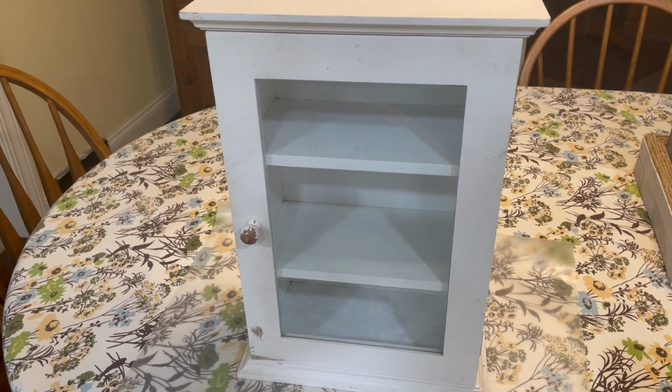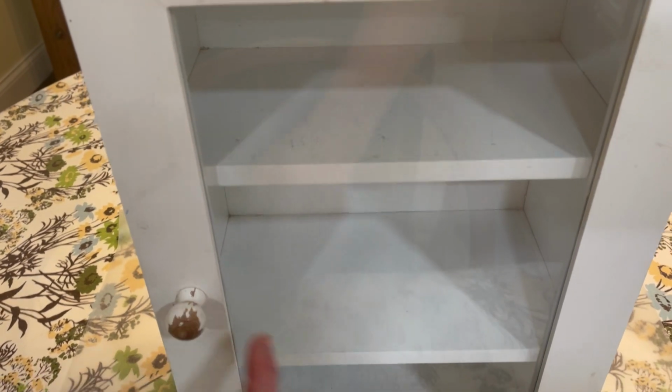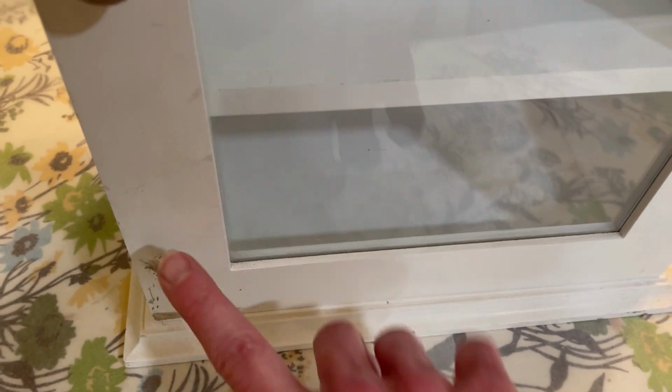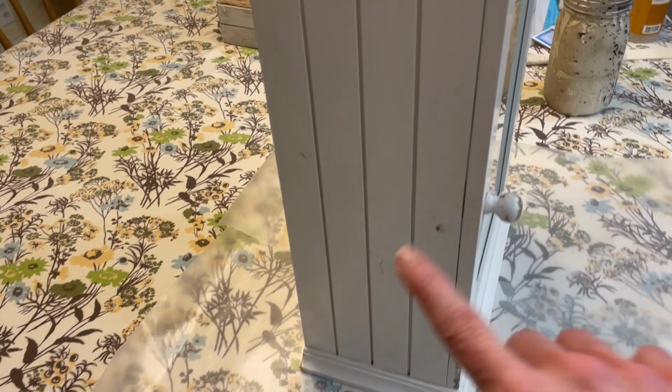I purchased this lovely Pottery Barn cabinet at a Goodwill nearby and finally decided what I want to do with it. Inside it has 2 shelves and it's kind of nicked up and it needs a little bit of love. I love the door, it's in great shape. That handle needs a little bit of attention. And then down at the bottom here there's a little scuffed up place as well. The top is a little scuffed up but it has a real shiny finish, and I love the wainscoting or beadboard look on the side. It's a little bit scuffed up as well. And then the back has this really nice hardware. And there it shows you I paid